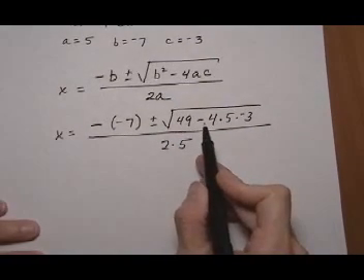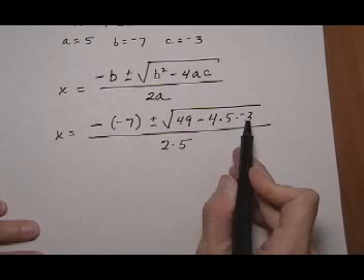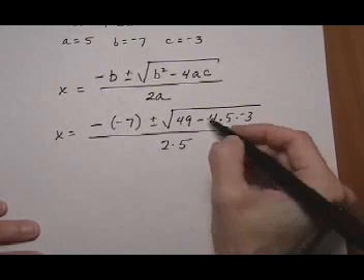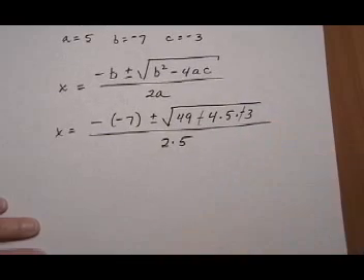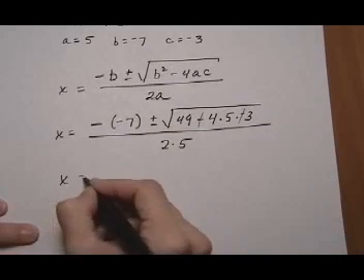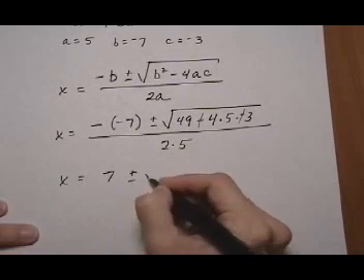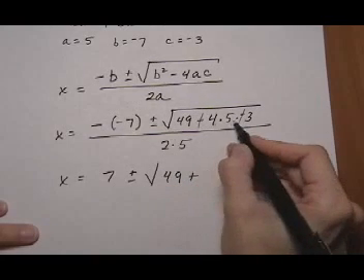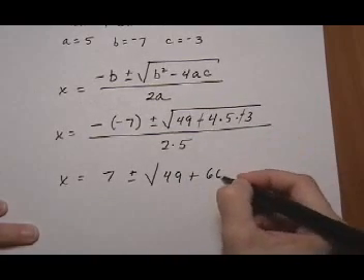Right here we have a subtract and a negative, so those two negative signs cancel each other out. So we end up with x equals 7 plus or minus the square root of 49 plus 4 times 5 is 20, times 3 is 60,